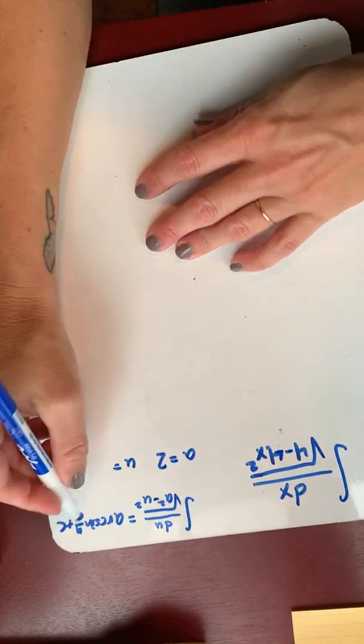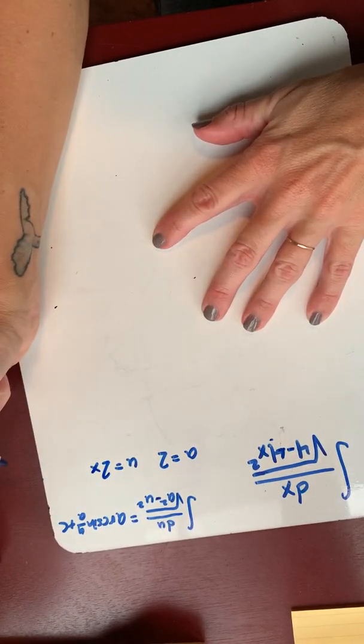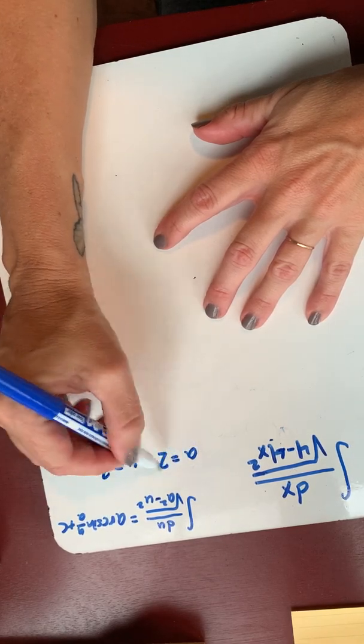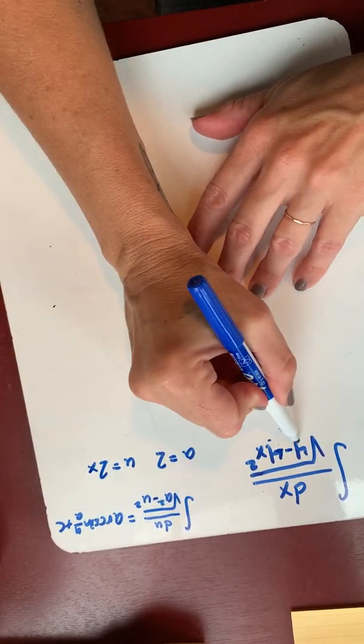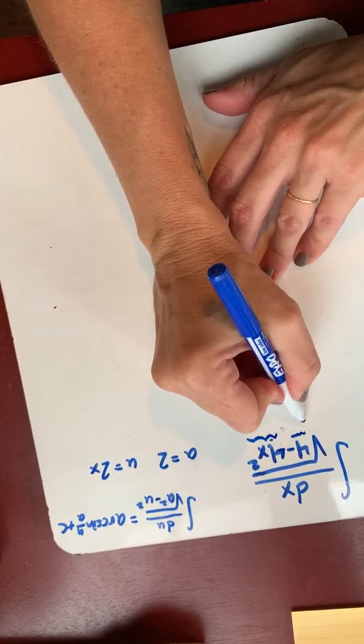Okay, so u, this has to be u squared, so u is going to be 2x. I wish you were in front of me so I could say, everyone understand where I got 2 and 2x? It's because this has to look like something squared, and this has to look like a quantity squared. So this has to become